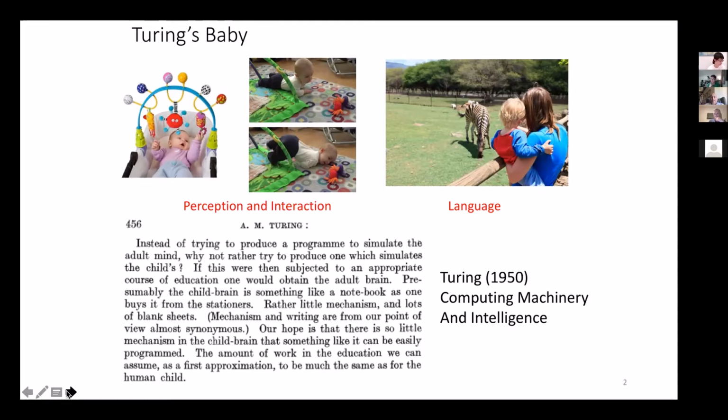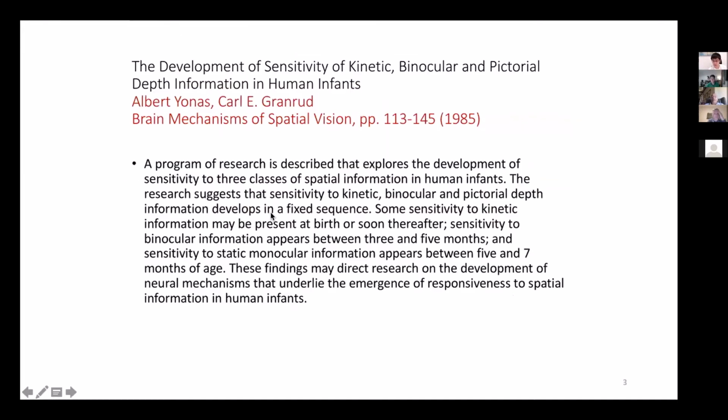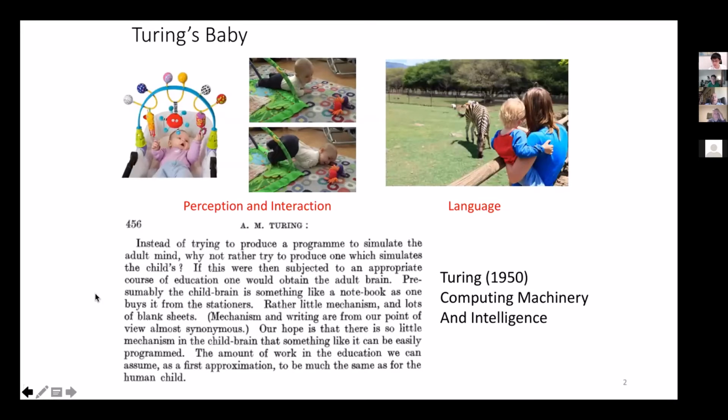So this idea really goes back to Turing. In his famous 1950 paper, he had this idea that the way we can build intelligent machines is by trying to start with a child and then give it the experiences that a growing child has, and then you will have this fully developed adult intelligence. Now, this was 1950, which is quite far-reaching. Now, the difference is that between 1950 and 2020, we are 70 years later.